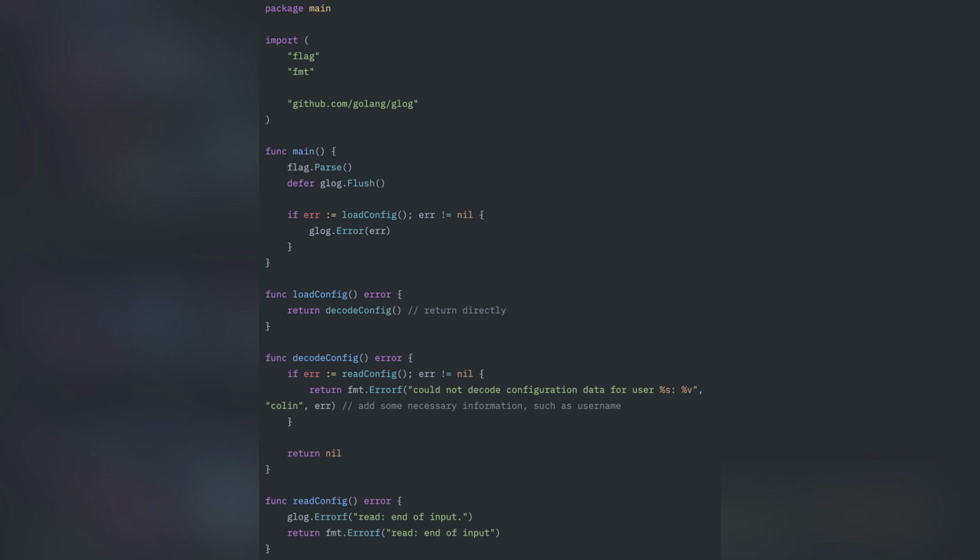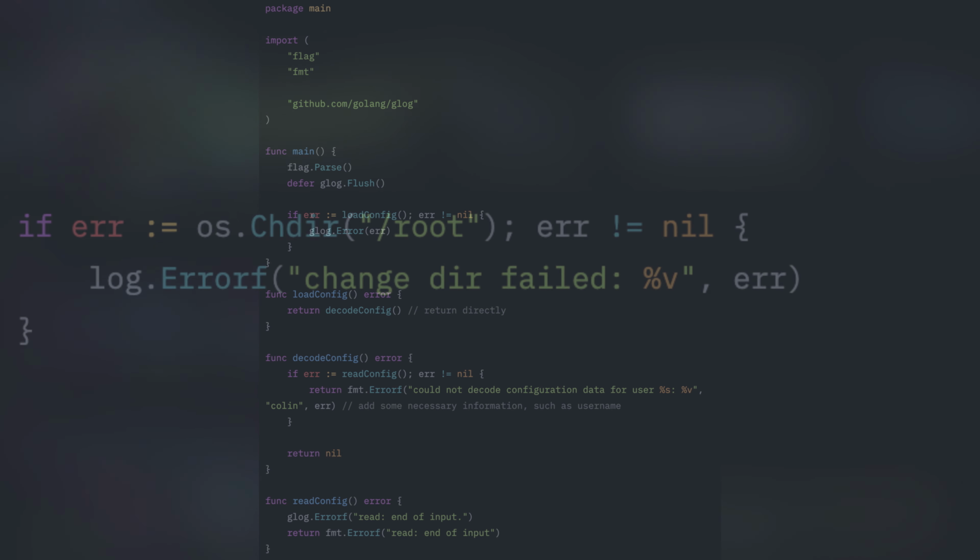When the code calls a function of a third-party package and an error occurs in the third-party package function, an error message will be printed. For example,